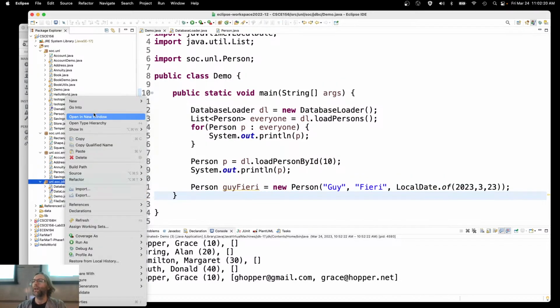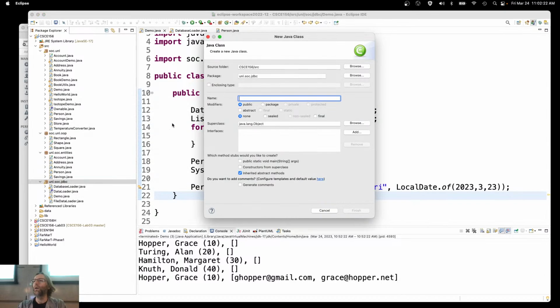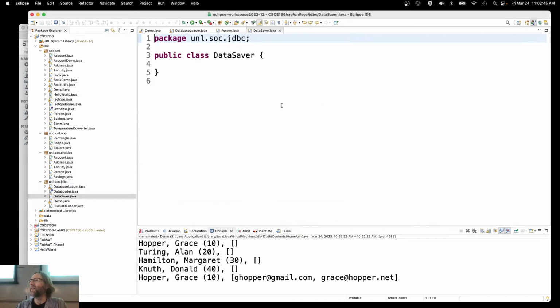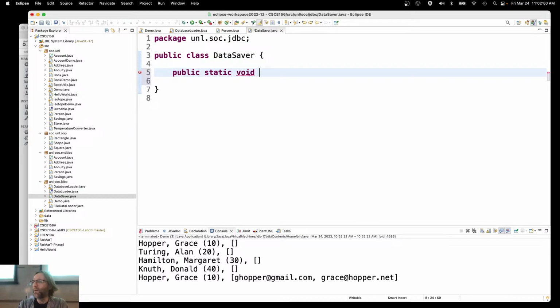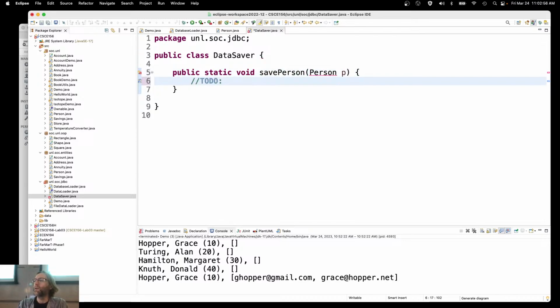Right. So let's go ahead and create a new class that is responsible for saving data. Data saver, right? Data persister, right? Database API. I don't know what to call it either. Don't worry, for your project, we give you an API that you have to implement, and we named it already. I think it's invoice database, or now I don't even remember what it is. All right, anyway, we're going to go ahead and create a public static void, for now, save person, that takes a person P. And what we're going to do is we're going to add this person to the database,